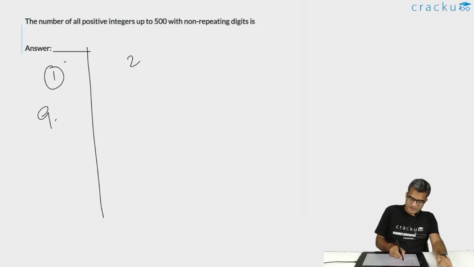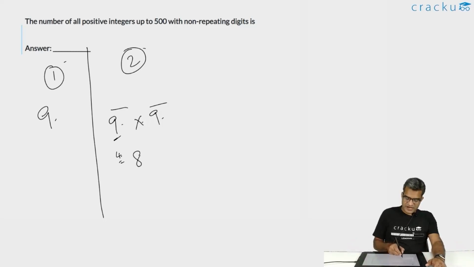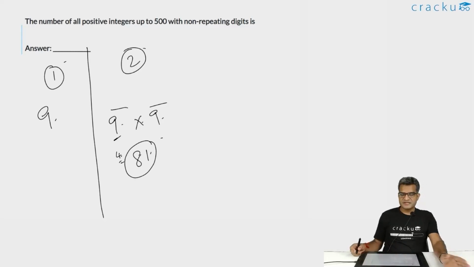Suppose you are looking at 2 digit numbers. You have two places. The first digit can be any one of the 9 positive integers, 1, 2, 3, 4, 5, 6, 7, 8 and 9. One number is used. The second number can be any one of the remaining 9 numbers because now you have to include 0 also. So suppose you have 4 as the first number. The second number can be either 0 or 1 or 2 or 3. You won't include 4 or 5 or 6 or 7 or 8 or 9. So there are 9 possibilities. Out of the 10 digits, we are removing the first digit, whatever is used, and we are adding essentially 0. So you will have 81 such 2 digit numbers